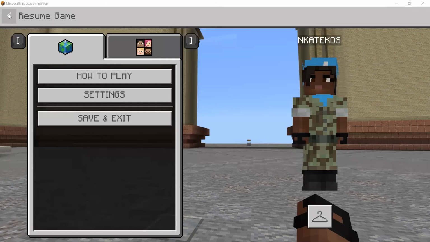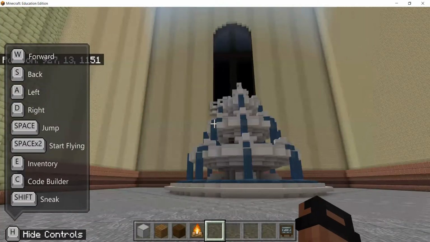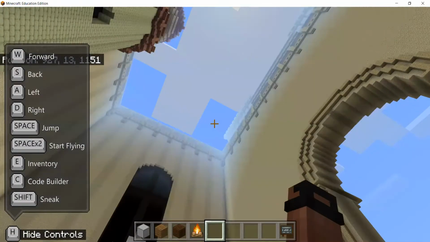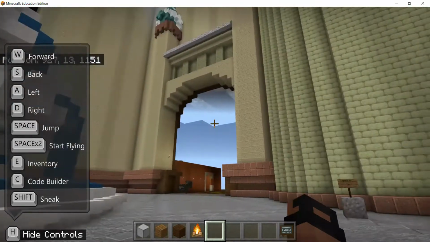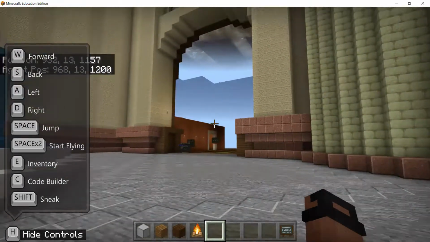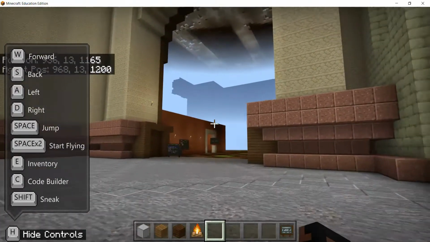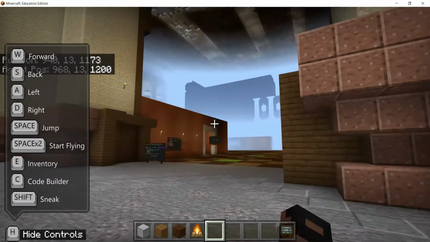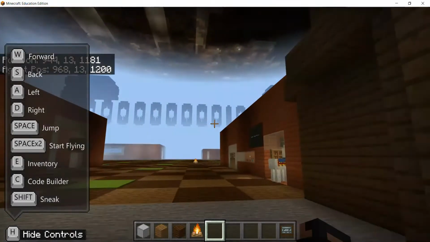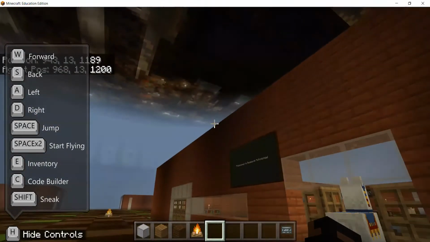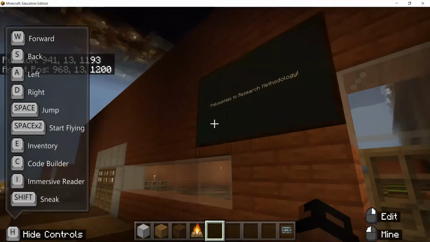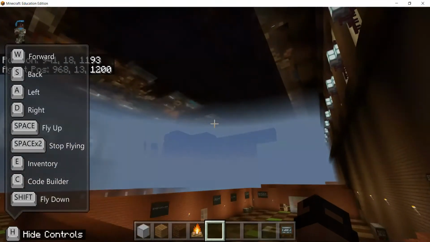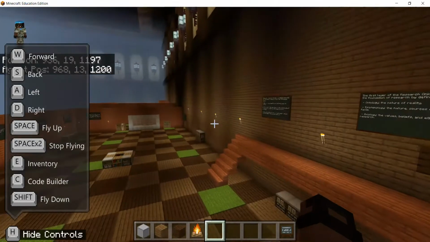Welcome to the Minecraft of the New Age Analysts. Okay, so this is our world. So we're gonna proceed here. So our first room that we'll use is called Philosophies to the Research Methodology, and we'll choose a few boards